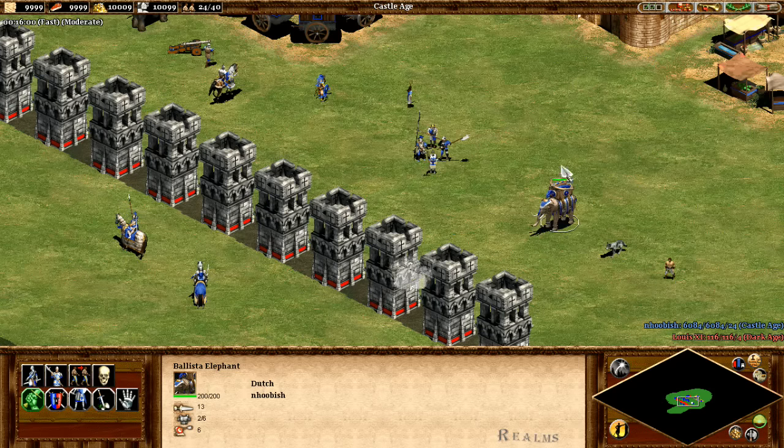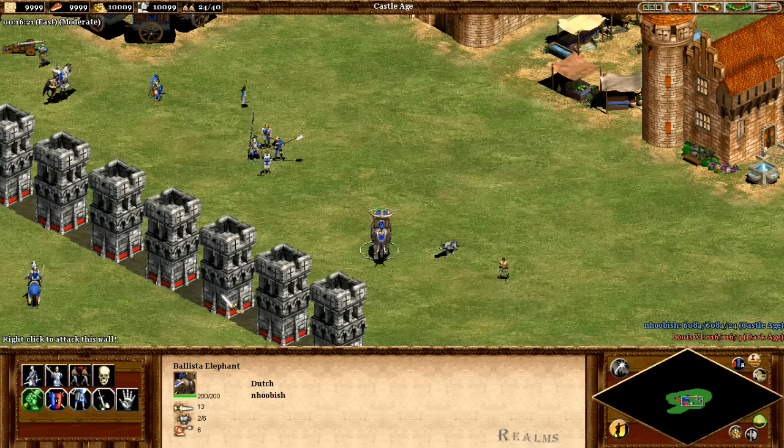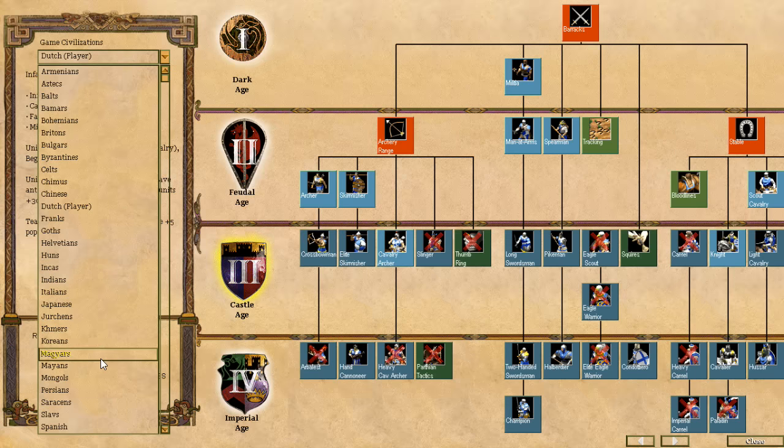This is the Ballista from Age of Empires 1. Okay. I guess it's decent. It's better. It's definitely better than the normal Scorpion. Okay, next up we have a Mastiff, and it is for the